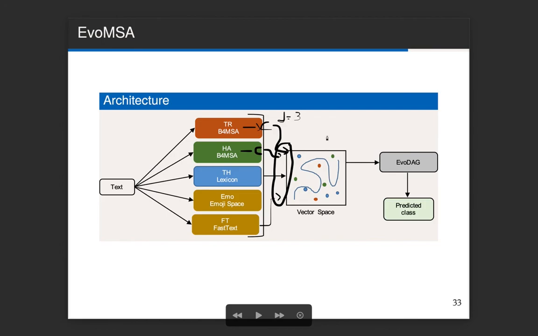So these outputs are concatenated, and these form the vector space. Once you are in this space, it kind of has all the opinions of the different text models. You apply a classifier. In this case, we apply the B4MSA, and then we predict the final class.